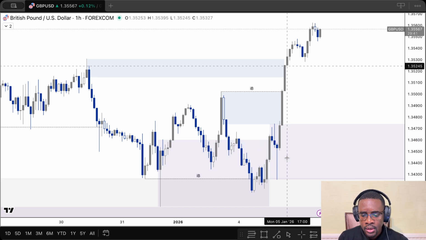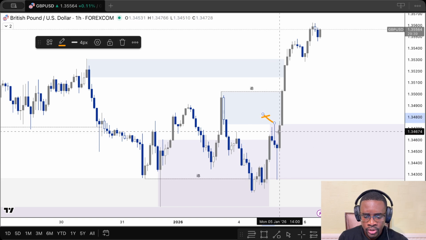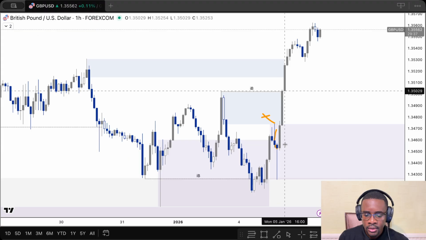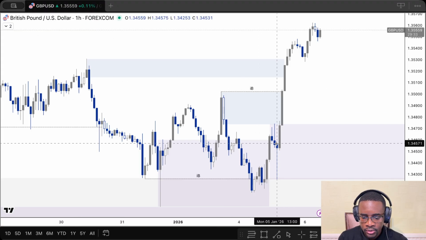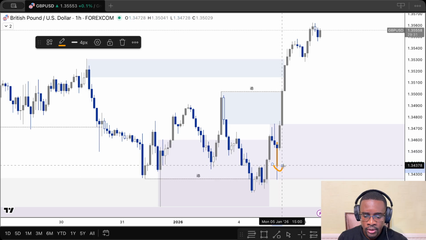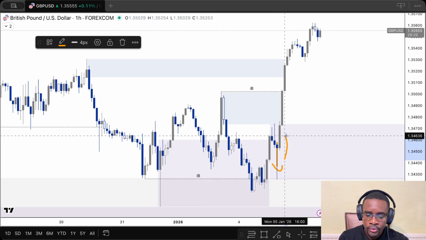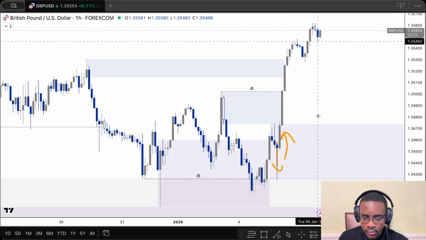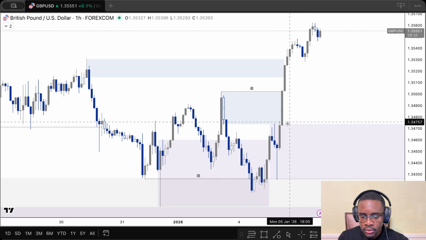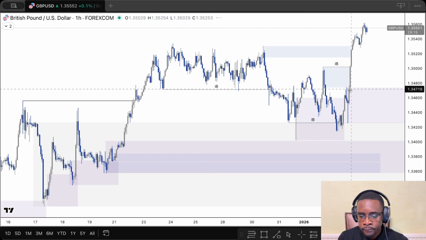All right, and then on this one we had a reaction. So on lower time frames, you would have gotten a trade. I did get a trade, so I got a 3R up to there, and then before it reversed, which I could have taken another 3R going up. But nonetheless,